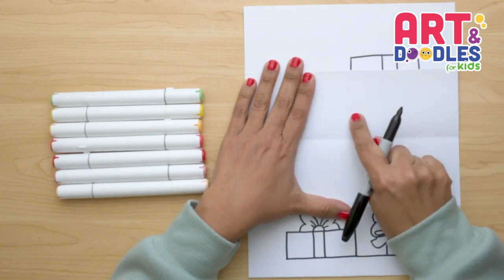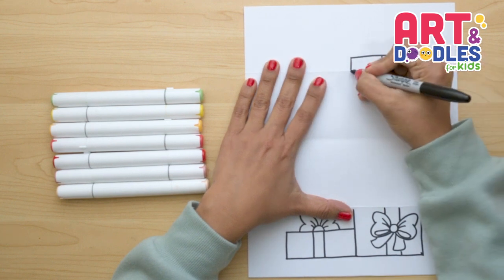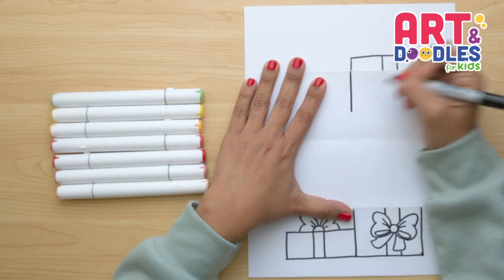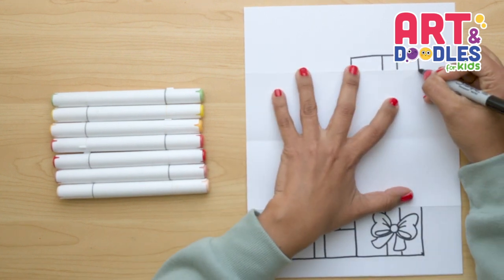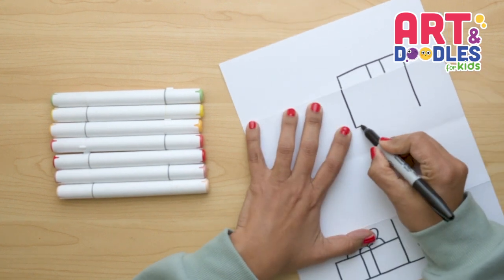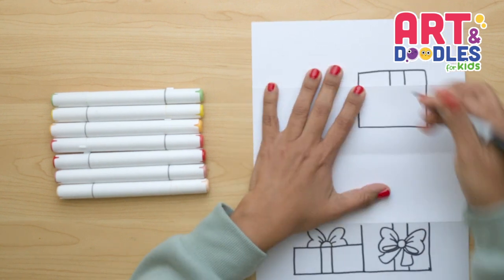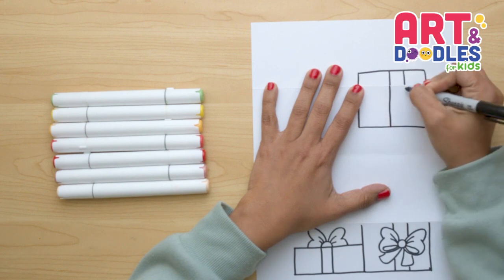So the top present is gonna go until we reach the middle of this first folding part. So I'm gonna cross my folding line, and I'm gonna come down. Okay, so I'm about the half of this folding part. Now let's do the same thing here. And now I'm just gonna cross and connect with this line. Now let's do the same thing with the bow. We're gonna go down like this,